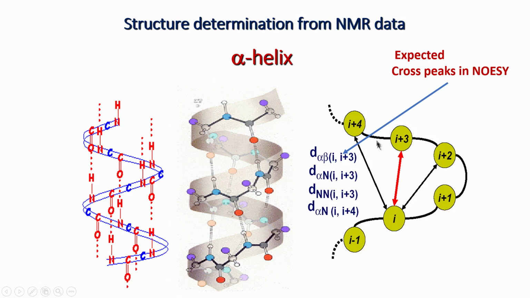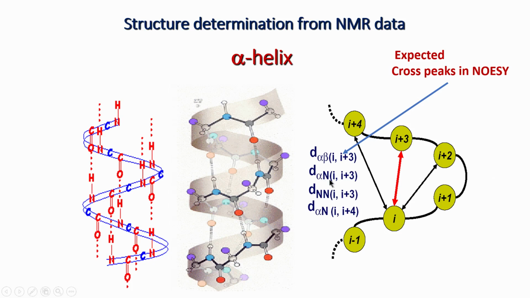So, you can see from i to i plus 4, there could be a cross peak between residue i and the i plus 4 amino acid, because the distance between those two will be less. So, these are the different characteristic NOEs which are known to tell us whether it is an alpha helix or not. For example, N means HN, the amide proton. So, if I get a correlation between the amide proton of residue i with the amide proton of residue i plus 3 in a NOESY spectrum, that means that particular set of 2 residues is in an alpha helical geometry or conformation.